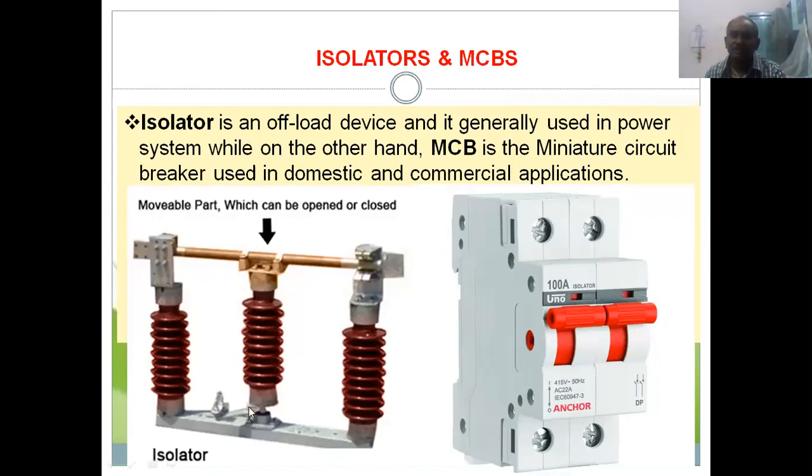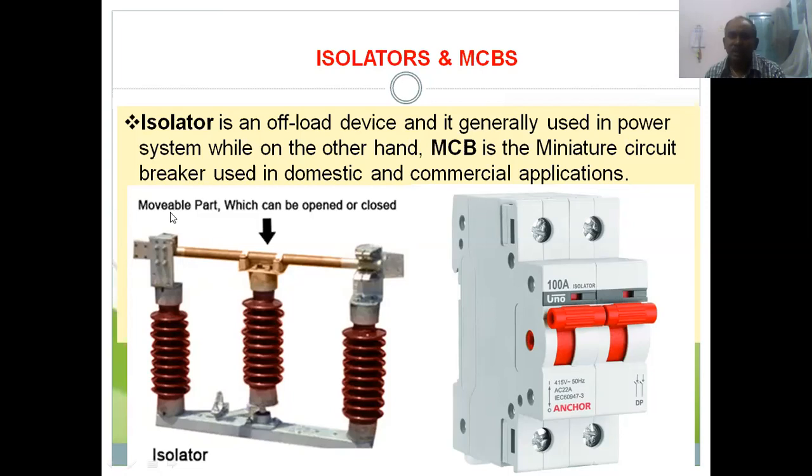This is a mechanism. This is a lever. It can be operated, and it moves. Then it will come in this direction. It moves in this direction, that is a clockwise direction. It will break here. It will break here. So there are two-break isolators. A single-break isolator is also generally used.